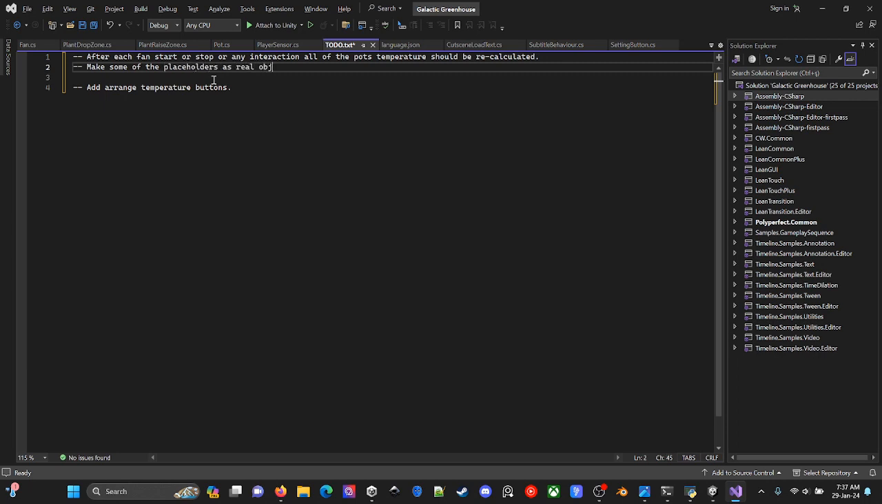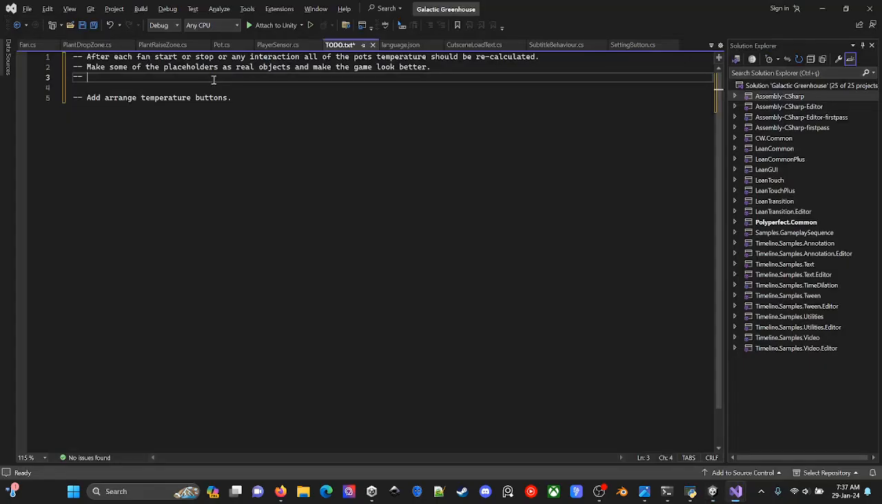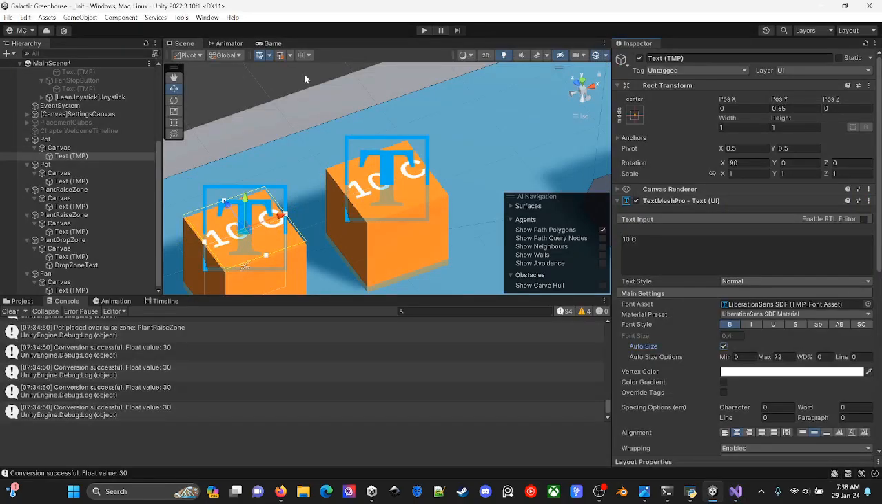into real objects and make the game. In addition to this, I also wanted to make sure to change the drop zone and place zone placeholders with real meshes to make the game look better. So far so good, and let's continue with these notes tomorrow, and let's save